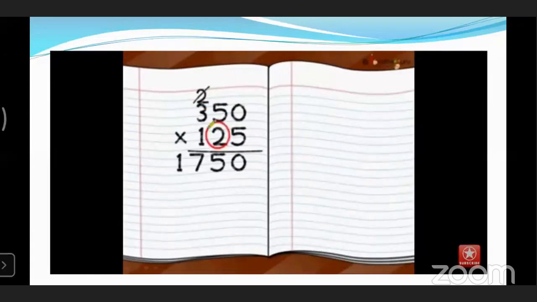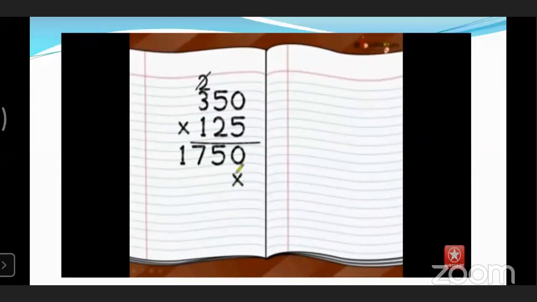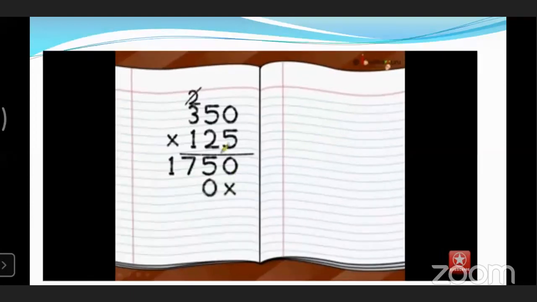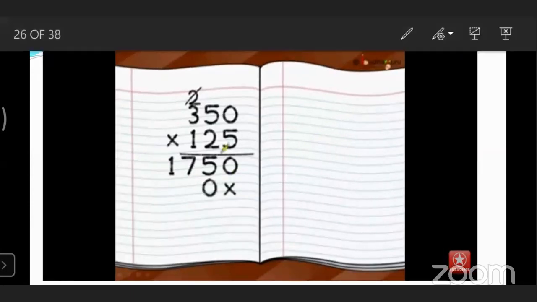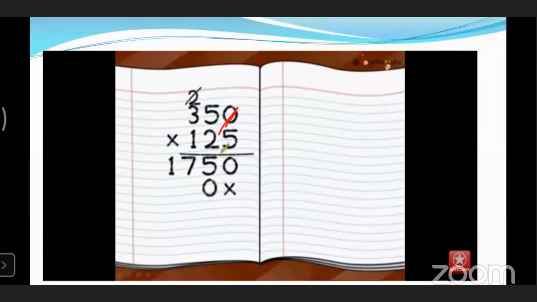See, we have written here, right? Yes. Now, next number, which is the next number? 2, which is in the red color circle. Now, we are going to multiply by 2, right? Yes. Now, first of all, put a cross or 0 to hold its unit place. Now, let's solve. 2 zeros are 0. Very good. 2 zeros are 0, right?